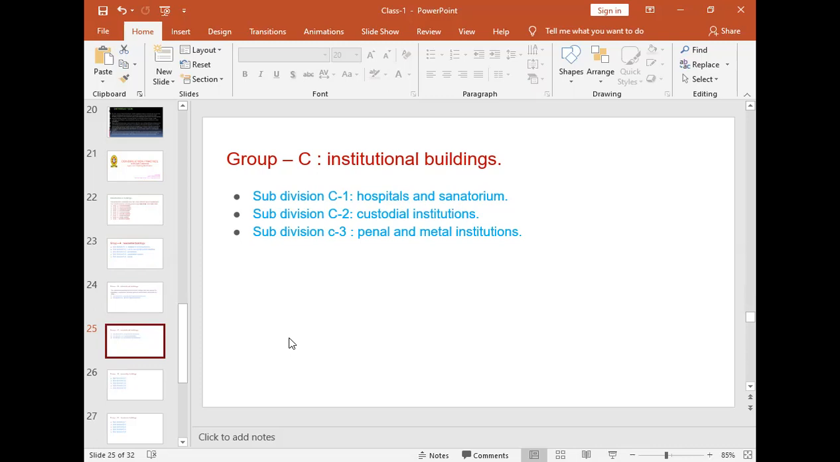In subdivision C3, penal and mental institutions. This subdivision shall include any building or a group of buildings under single management which is used for housing persons under restraint or who are detained for penal or corrective purposes, in which the liberty of inmates is restricted, for example, jails, mental hospitals, mental sanatoriums. These three subdivisions are under institutional buildings. And then